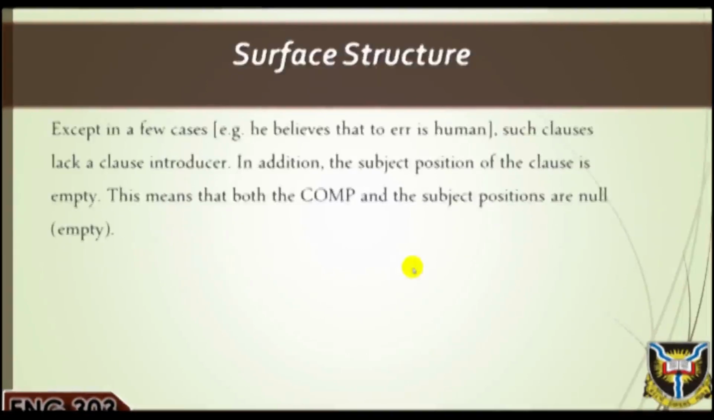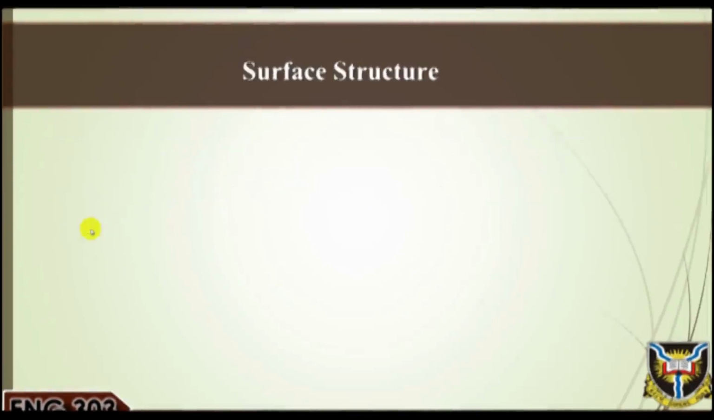For example, he believes that to err is human. Such clauses lack a clause introducer. In addition, the subject position of the clause is empty. This means that both the COMP and the subject positions are null, that is, empty. Another feature of this clause is the feature of tense. Tense in infinitival clauses is not specified as present or past. Hence, we say it has minus tense, and it is